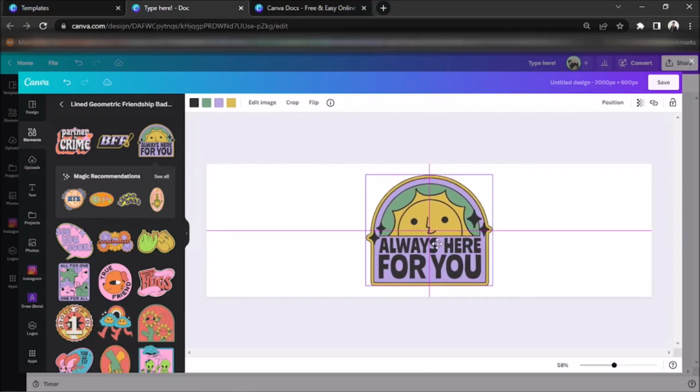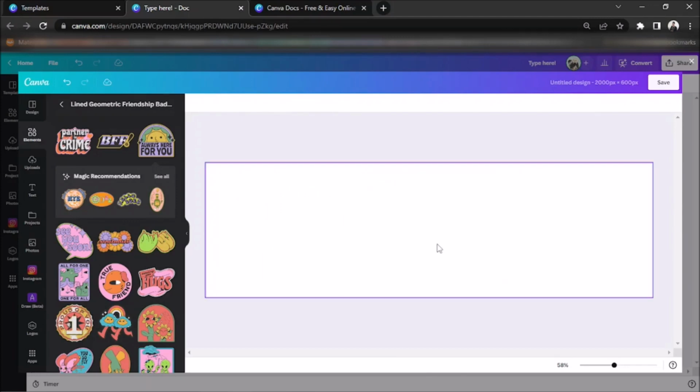One of the things that you can also do here that you can't do on the doc page is to